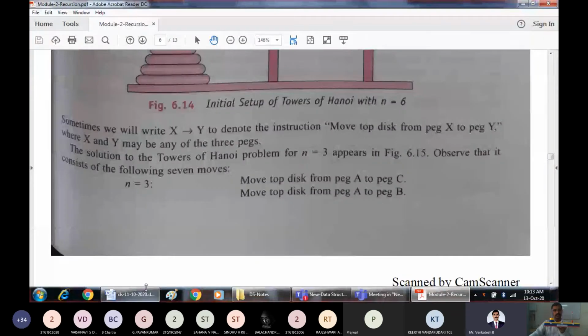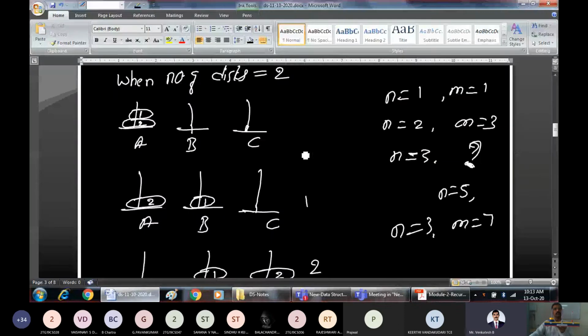Good. So what were the steps that we followed? When there are two disks, take the first move. And as I said, we are not allowed to move like this, taking two at a time. You are allowed to take only one out at a time. If you want, you can keep it here or you can keep it here. That is left to us.